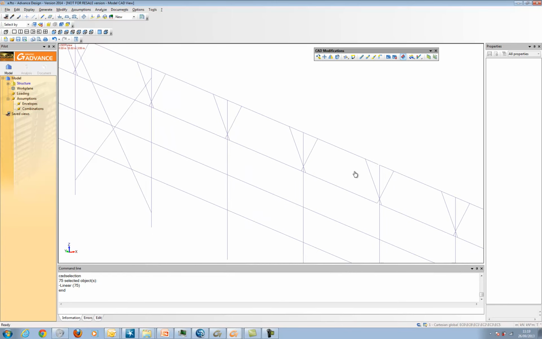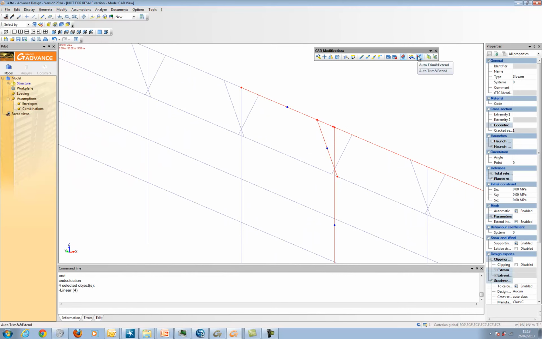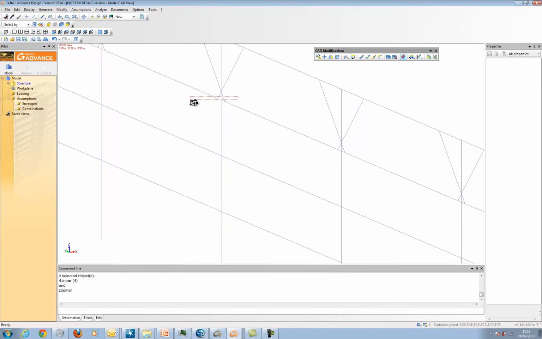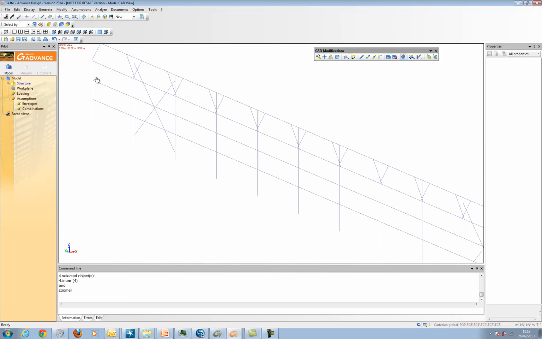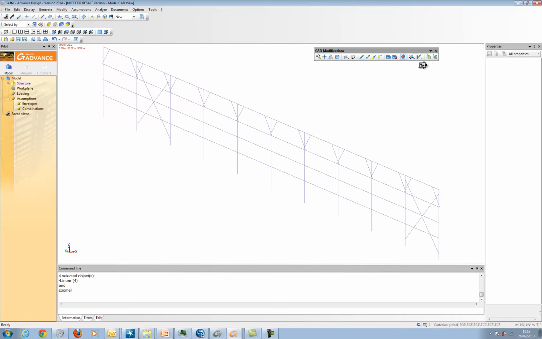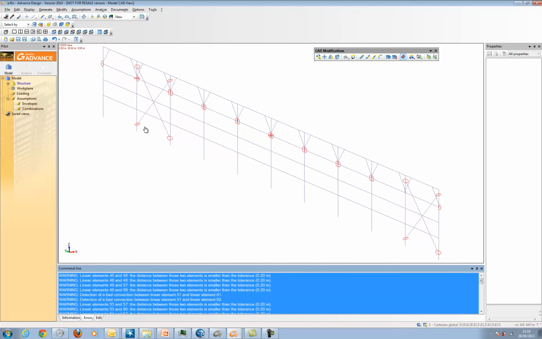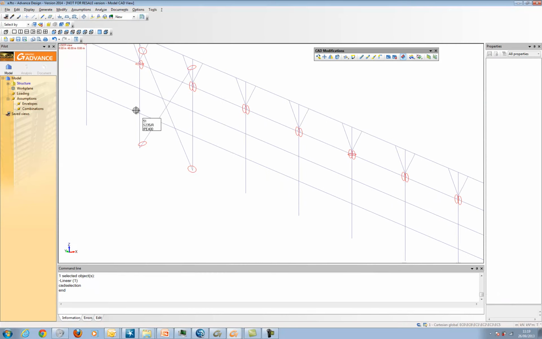pretty much okay. Or maybe I missed this one. Maybe I didn't select these elements. Okay, they're fine now. And if we run the new check control function again, see, we still have some issues. So we could definitely select an element and manually stretch them, but